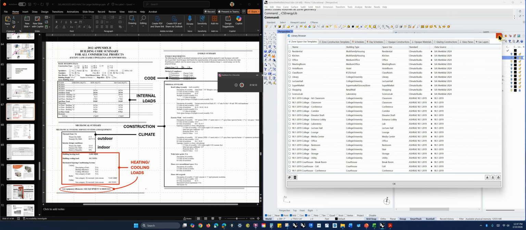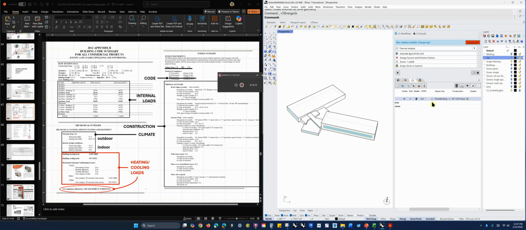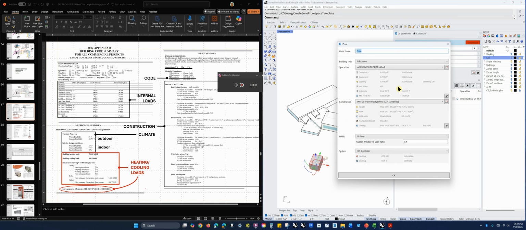So there's a range here. But I'm actually going to make a separate one right now just so we can quickly make a point. If I make a volume and I call it a zone, this template window opens up and says, okay, what template do you want to apply to this zone? It's automatic. And inside here I can say, well, this is a school, so